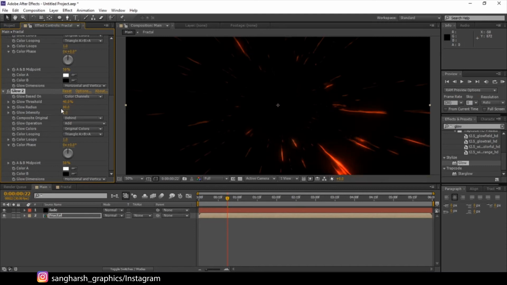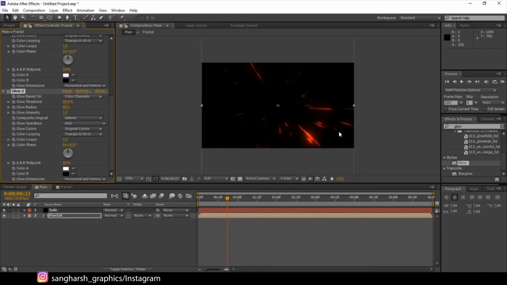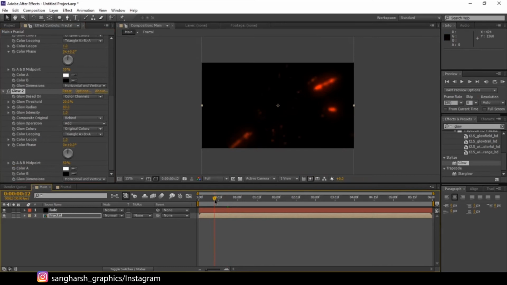A smooth faded glow. Let's decrease the threshold to 20, like this. Let's do one thing, increase the threshold, let's make it 50. Just a soft glow, like this.